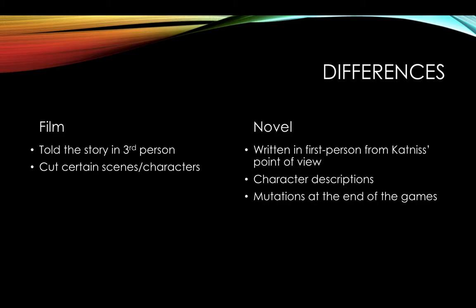The other character that I want to mention is Peeta Mellark. So he's the other main male character in the movie, and in the novel, he's described as being a baker's boy, so he's a little bit heavier, a little bit bulkier, and then he has blonde hair and blue eyes. Whereas in the film, Josh Hutcherson, who plays him, is a little bit shorter, a little smaller, and he has blonde hair and brown eyes. So it's just these subtle changes that not a lot of people pick up on, but reading the novels several times and watching the movie several times, you start to pick up on things like that. And after researching it, a lot of other people agreed with me on that.